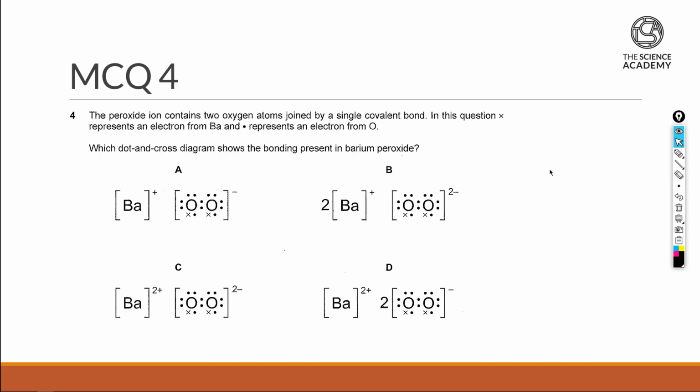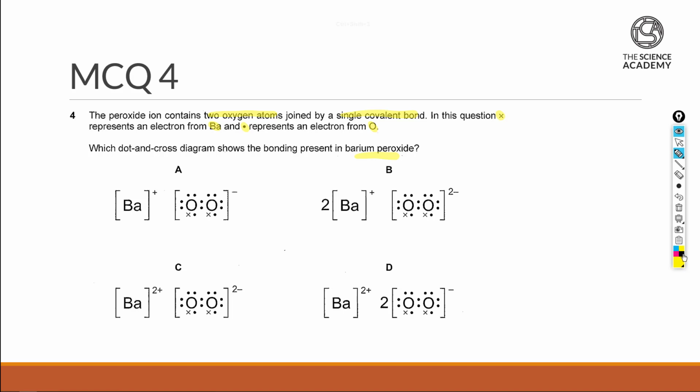In MCQ number 4, we are tasked to draw out the following dot and cross diagram for barium peroxide. Now, some important clue here is that the two oxygen atoms are initially joined by a single covalent bond. And in this case here, the dot represents the electron that came from your oxygen, whereas the cross represents the electron that came from your